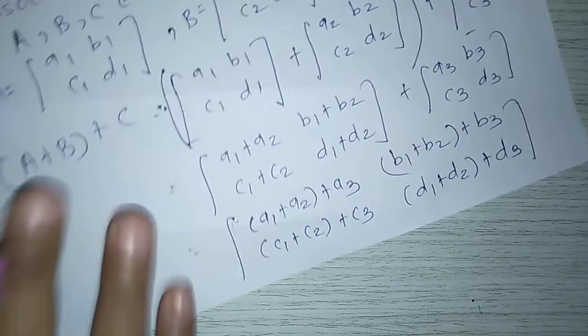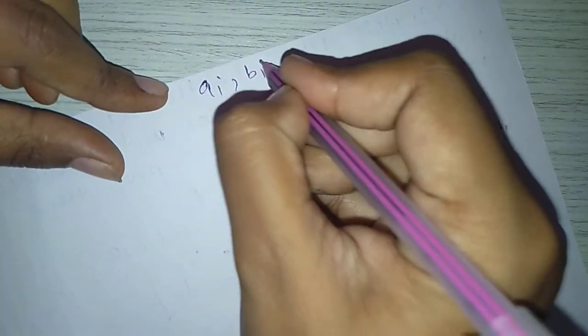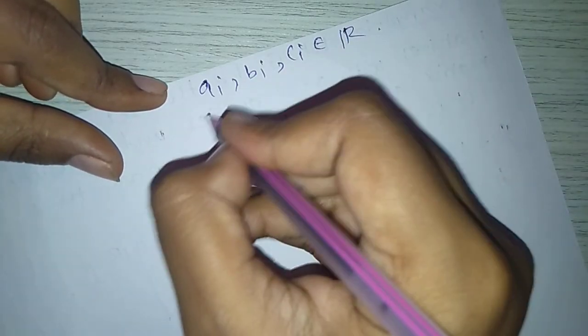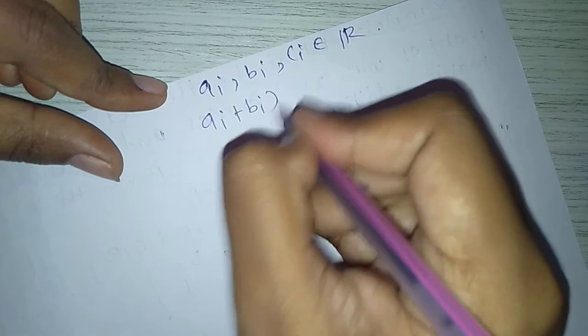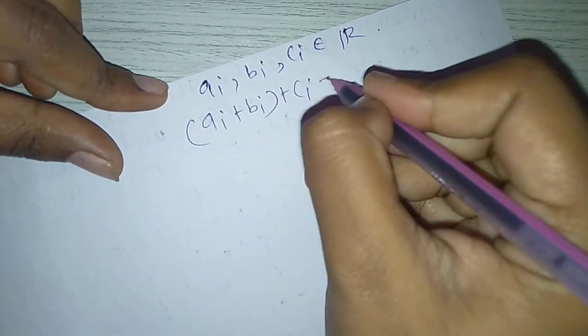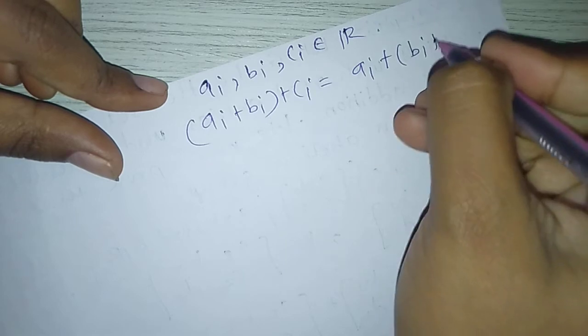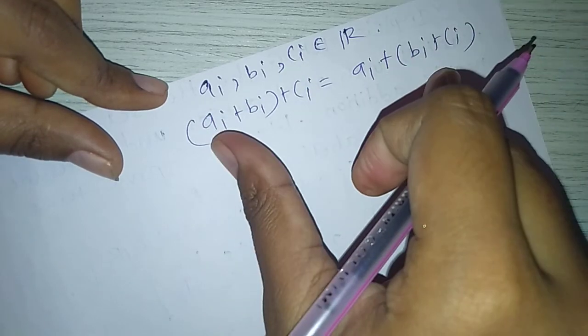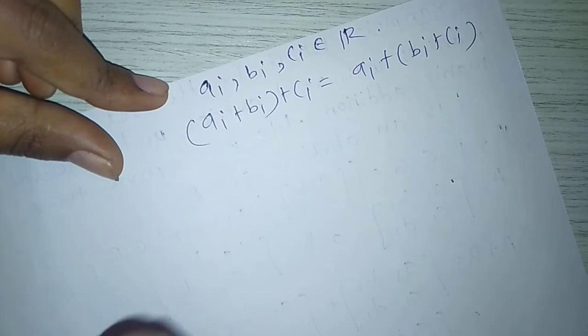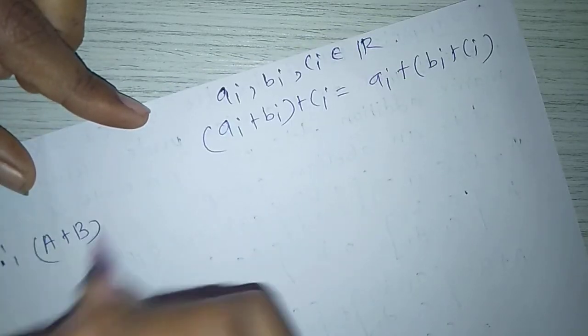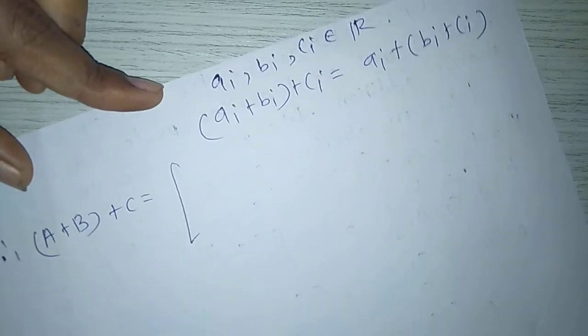a_i, b_i, c_i belongs to R. Therefore, (a_i + b_i) + c_i equals a_i + (b_i + c_i) because addition is associative in R. Therefore, A + B + C can be written as